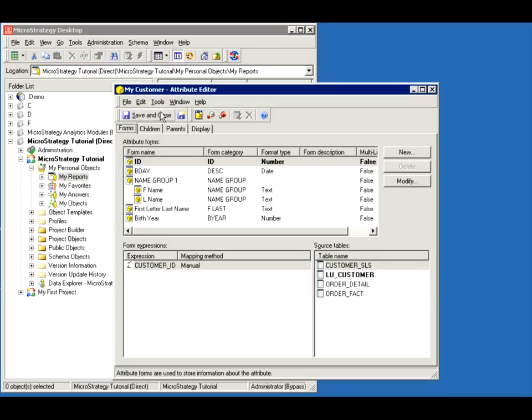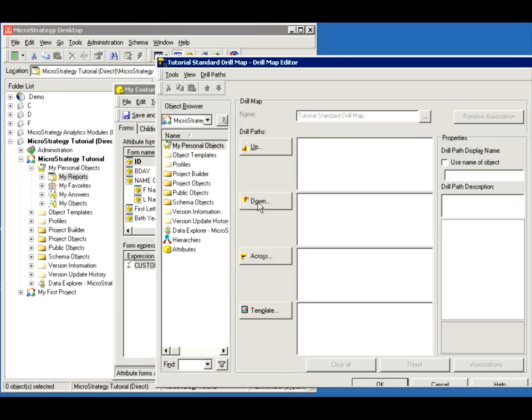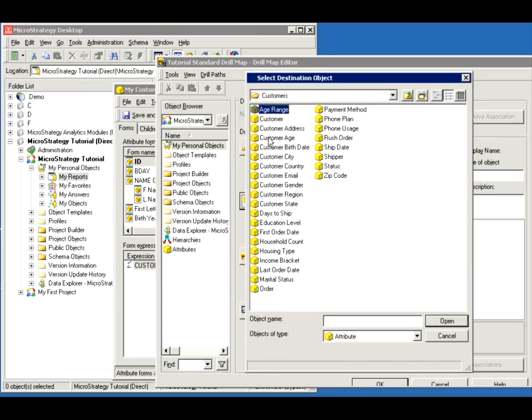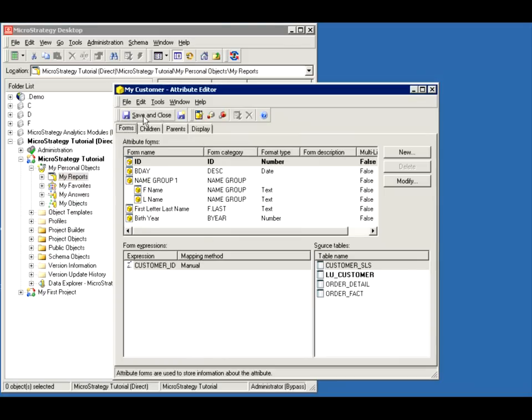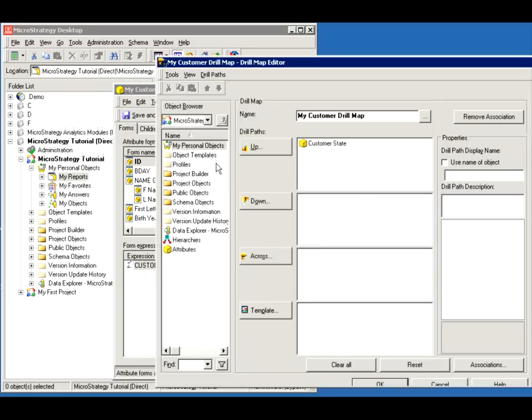So that's one thing. The other thing is the drill map. For each attribute you could specify a drill map, so you could say, okay, I want you to drill down to, for example, customer, I guess age could be an example. Or you can drill up from a customer to the customer state. So you're saying, okay, if I see a report and I see my customer on it, I can drill up and bundle or group my data at this customer state level rather than at this customer level. The reason I don't want to cover this in detail is because you also